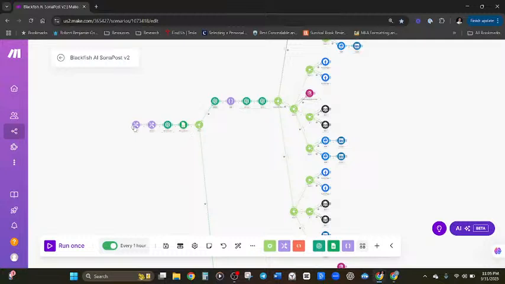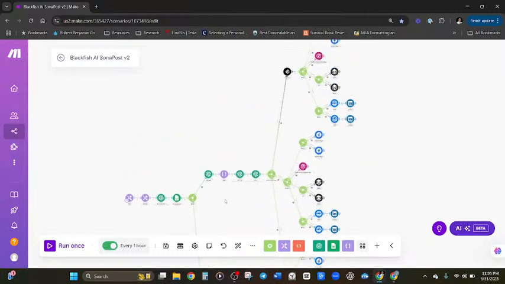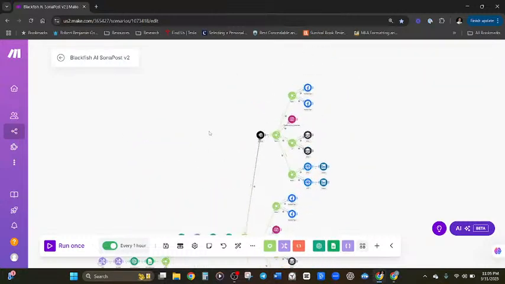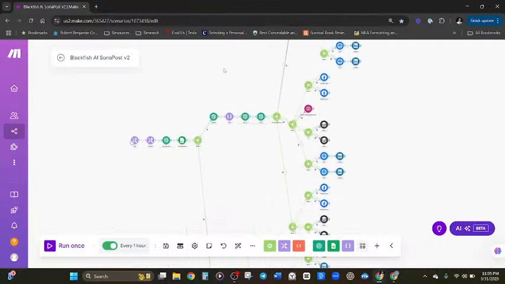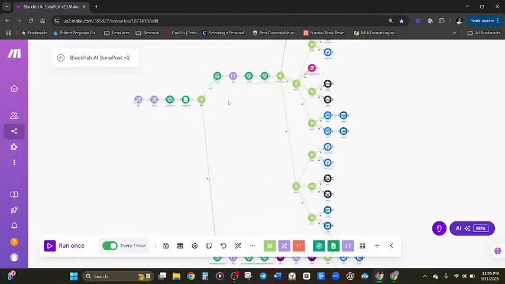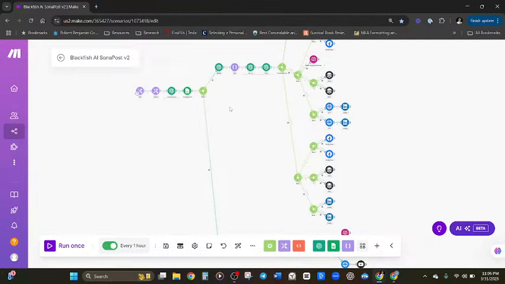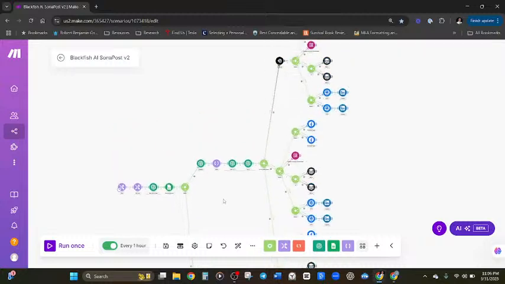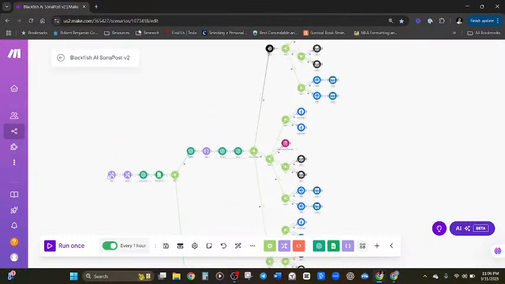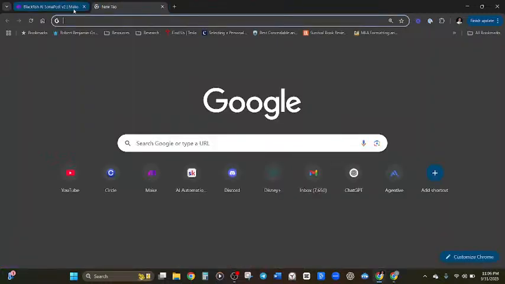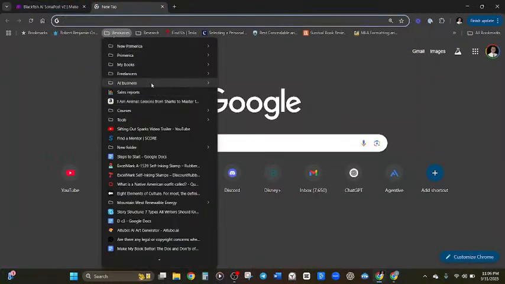This Make automation is kind of funny. This actually started originally as a Make automation that was taught in our Circle community course, and then I just thought, how cool would it be if we started adding this and adding that, and it started branching out into this beast that we now have. And so right now, here,